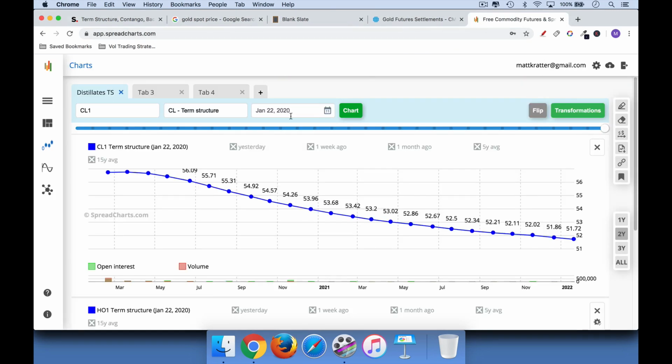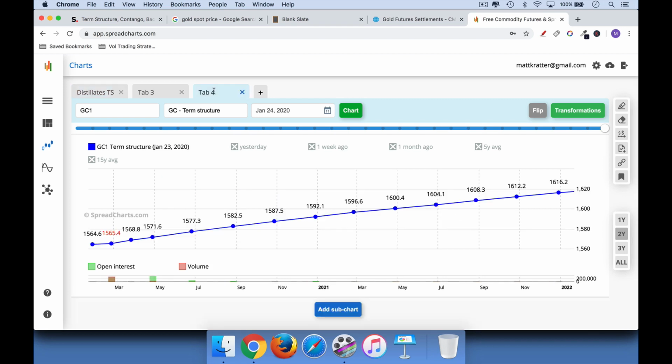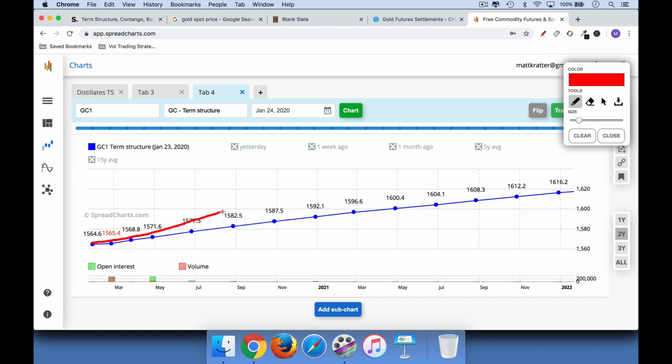If we go back and look at the price of gold, if you are in a state of severe contango, so let's say that instead of this natural upward sloping thing, the term structure looks like this, where it's much, much steeper for whatever reason. Well, what will happen there is people will buy gold and they'll do what's called a cash and carry arbitrage.